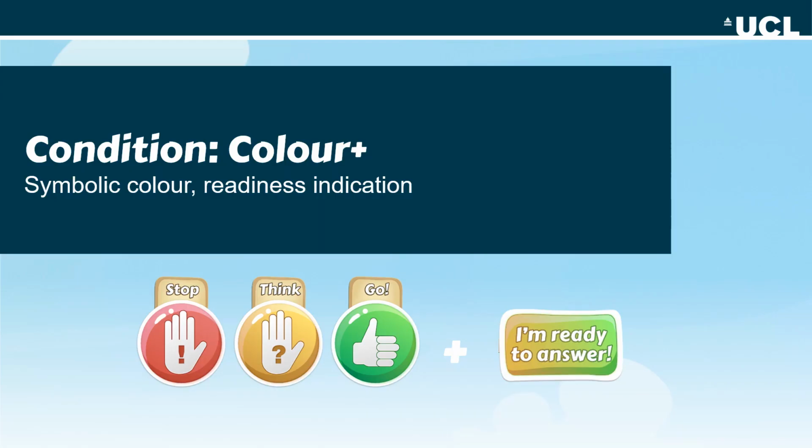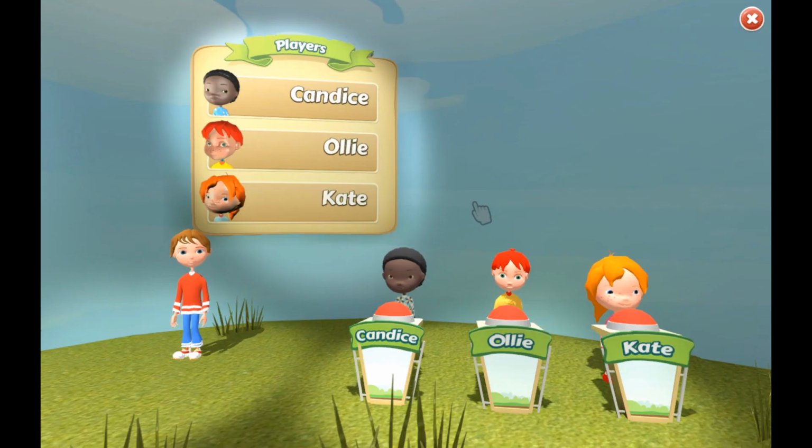The third condition, called Color Plus, also incorporated the readiness indication button, but swapped the pulsating motion of the icon with symbolic color. You'll see in the clip that red is used while the question is being narrated, yellow during the following few seconds to indicate that the child should still be thinking, and it turns green once the I'm ready button is pressed. Which of these